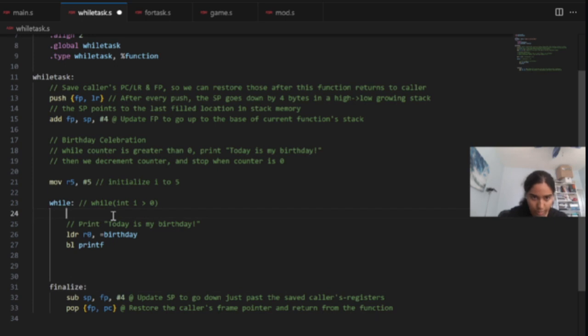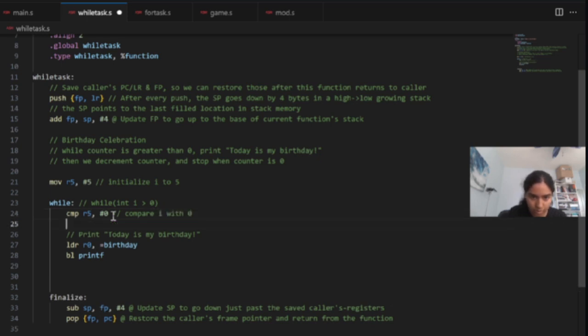So we're going to compare the value in register 5 with 0. So compare I with 0. And if it's not greater than 0, that is less than or equal to 0, to be a bit more clear,